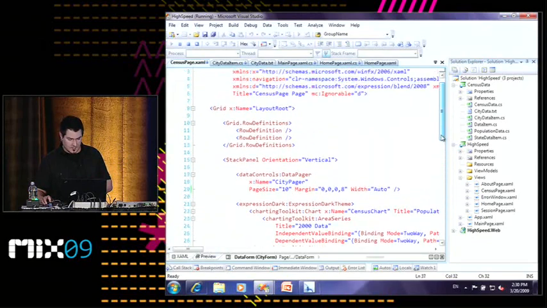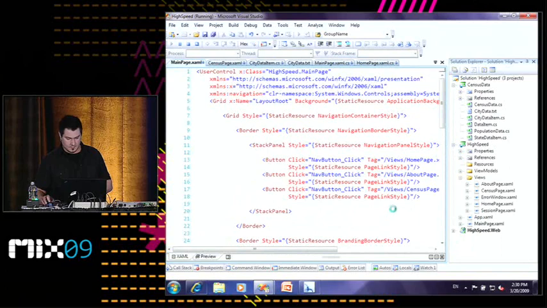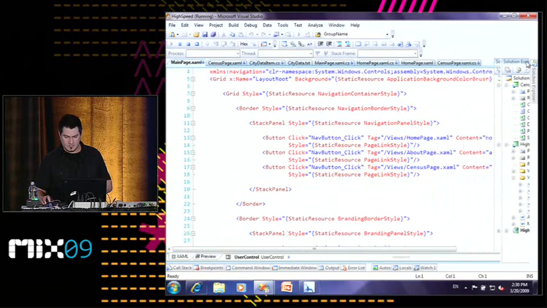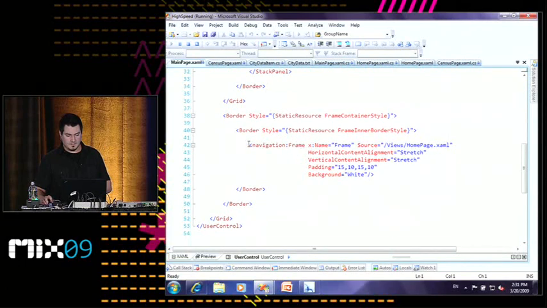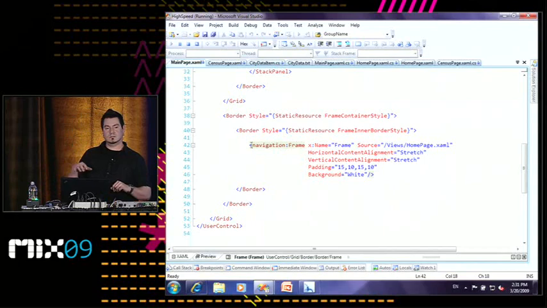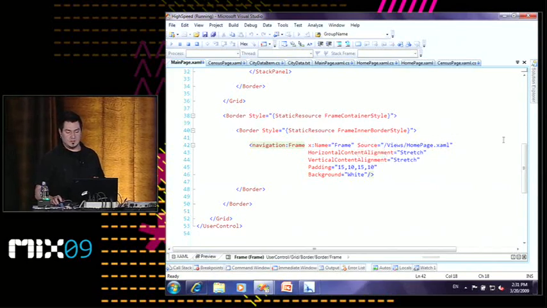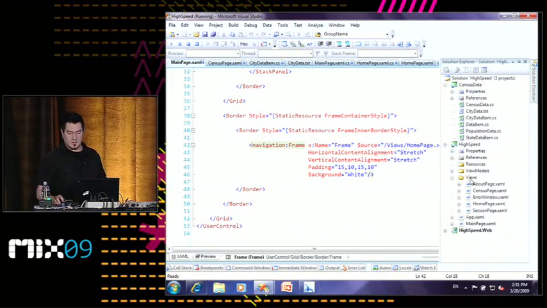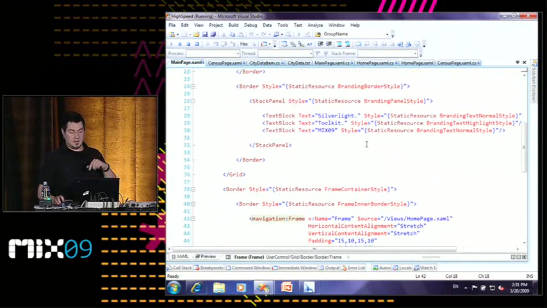So we come up here to the main page. So here's your frame. You just drop a frame on your page, or in your application, and you set its source, and it goes and looks for that URL, and it's right in here. You've got views. These are all these different pages that we have, and it just pulls it in. And then if you want to navigate to the next page,